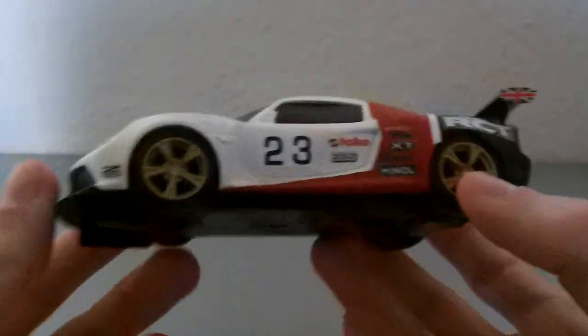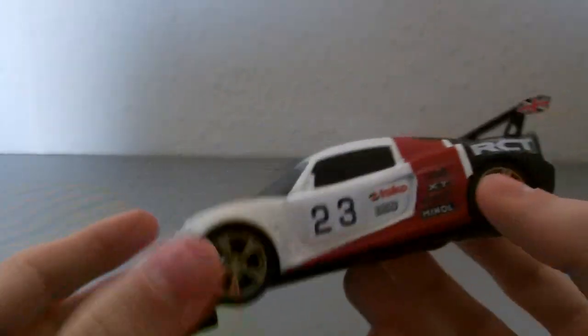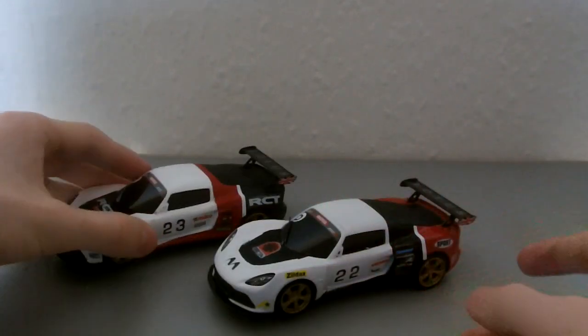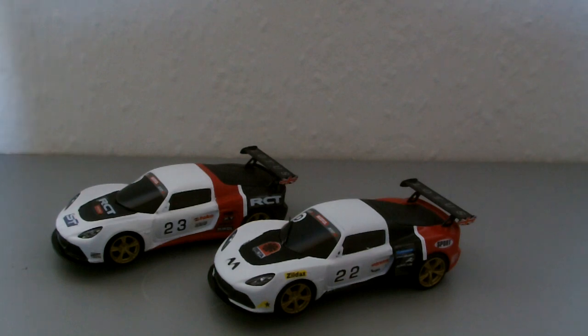But no, it was actually just an add-on bit, which is pretty cool. The cars did start off with black wheels, and then I had one of the JGP rally ones, the RGT, and it had gold wheels. So what I did was I tested that one, and that one was pretty nippy little car, pretty fast and everything. So what I did was I just took the wheels off that and put them on these,